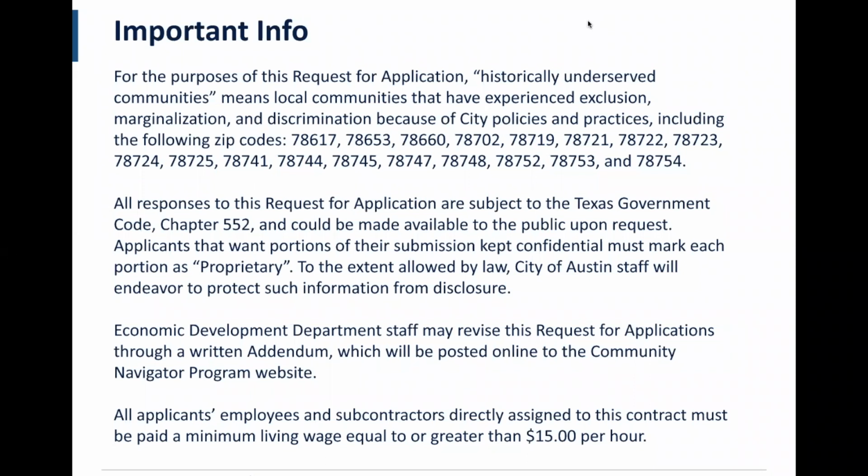There is additional important info to keep in mind. Several items in this request for applications reference historically underserved communities. For the purposes of this request for applications, historically underserved communities means local communities that have experienced exclusion, marginalization, and discrimination because of city policies and practices. These include communities in the following zip codes: